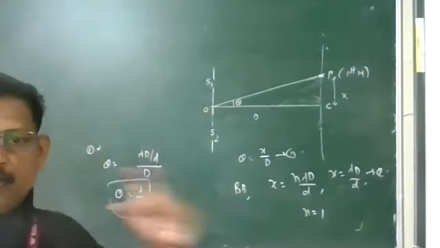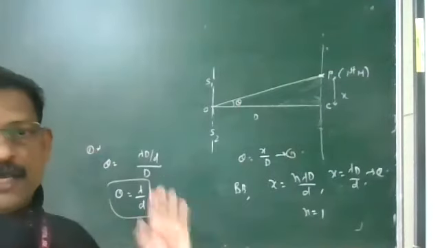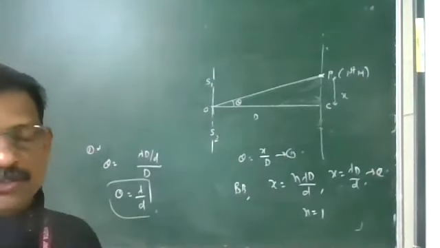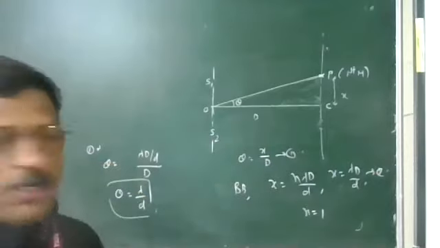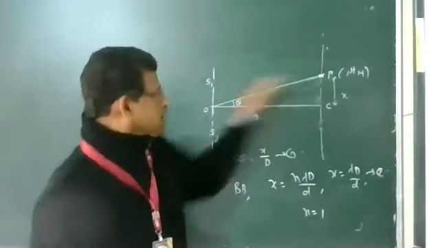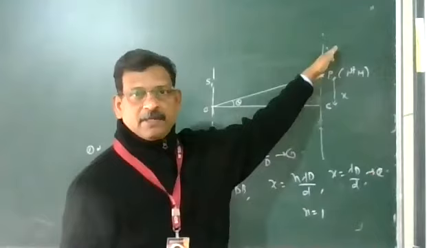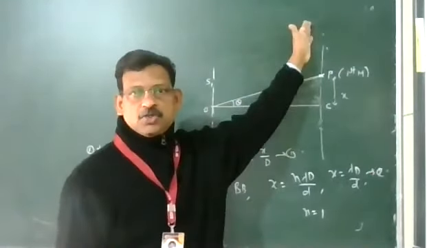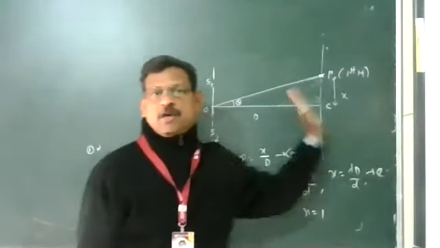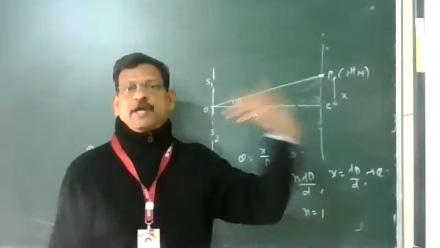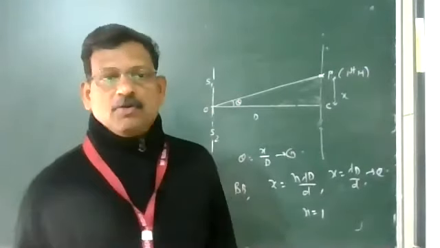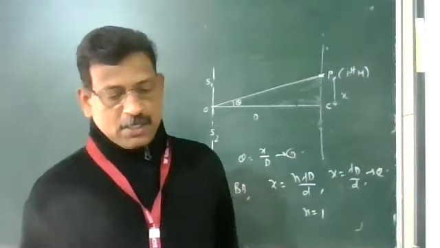This is repeated many times in the board examination. If you move the screen here and there, what happens to the angular separation, the angular width? For the first bright one you see one angle, for the second bright one another angle, and for the third another. When you move the screen to the right or left, this theta remains the same for any particular fringe. There will be no change.